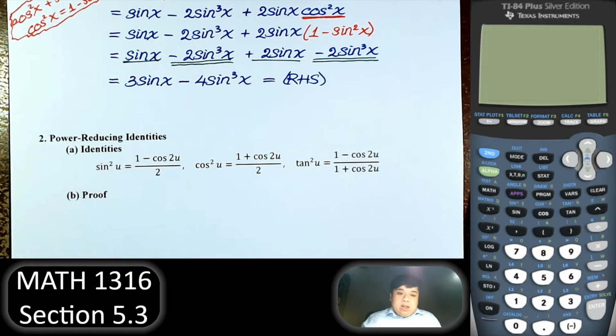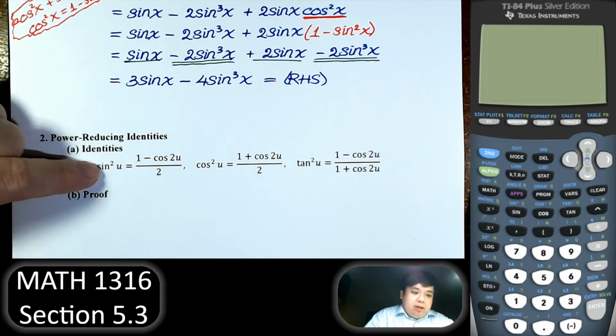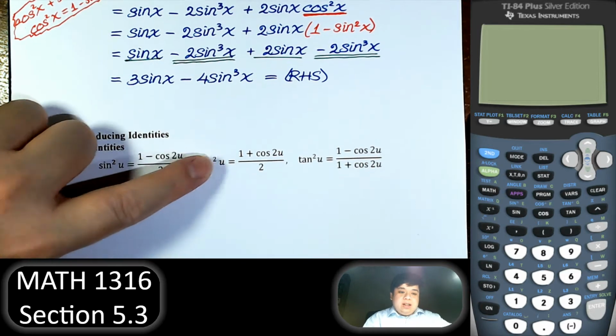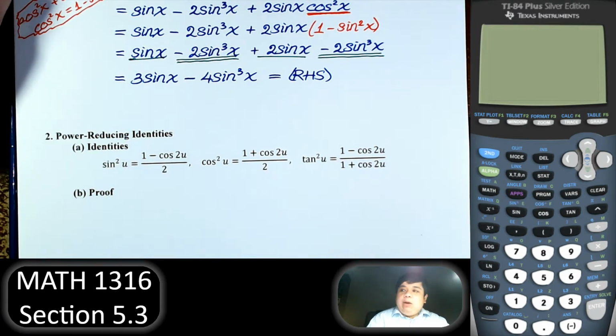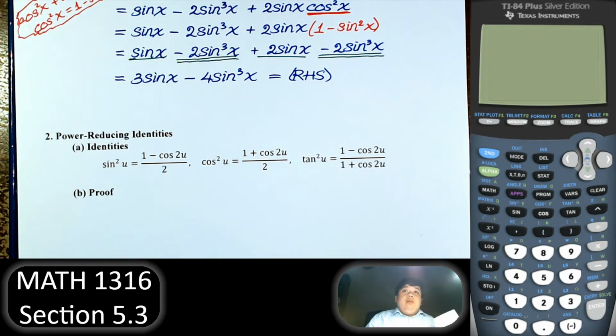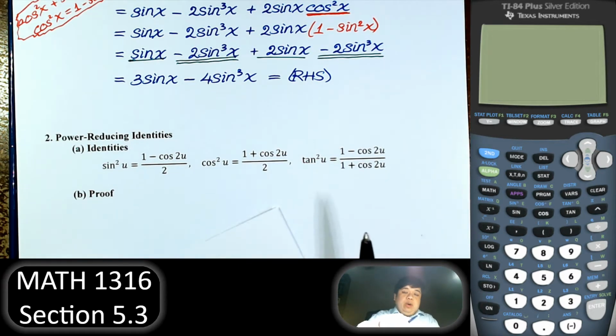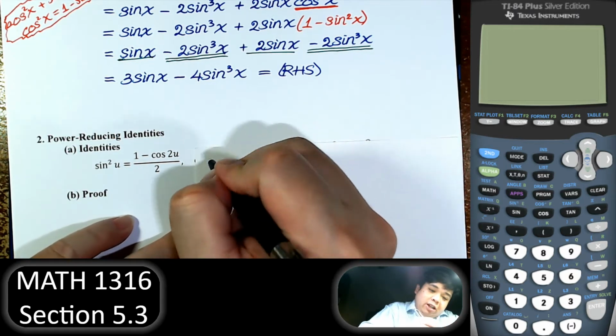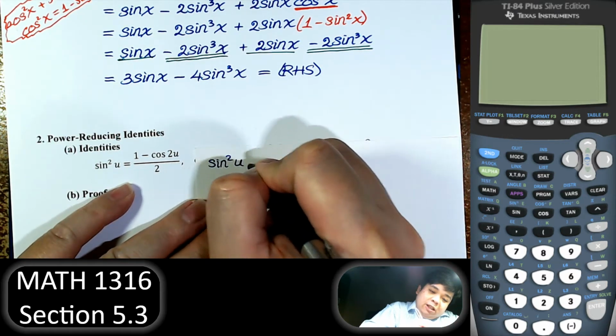Alright, next we have power reducing identities. Right. Prove sine square is equal to that. So how do we prove something like that? So in section 5.1, when we prove it, we can go from one side to the other, or we can manipulate them, try to simplify and then write everything in reverse, and that would be our proof, right? Now let's say we have this,